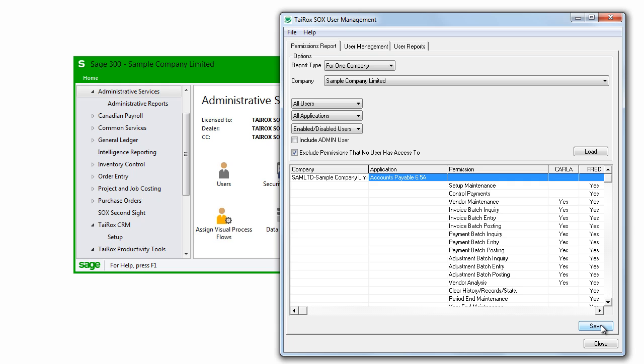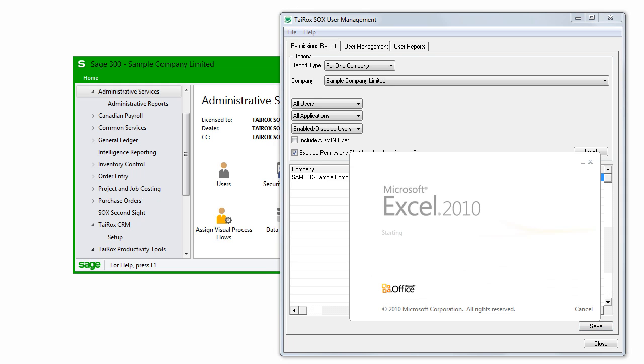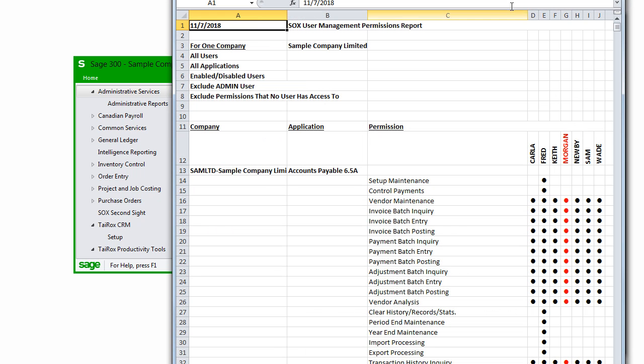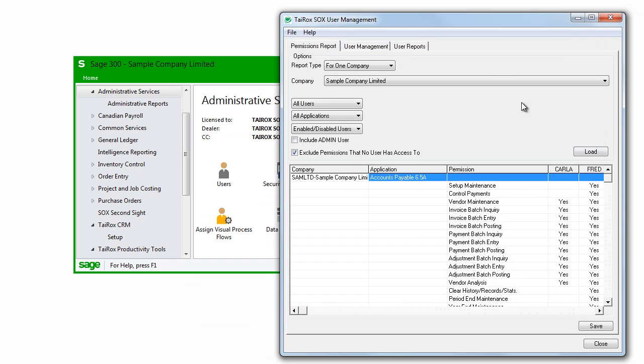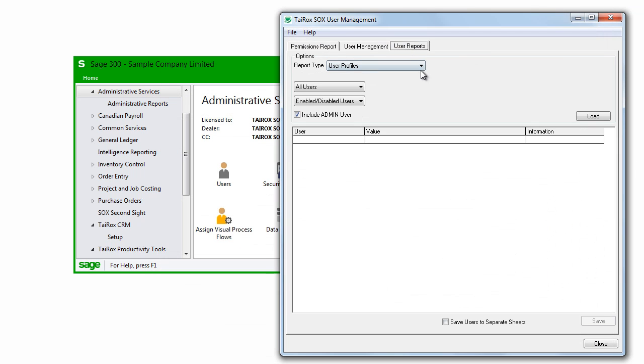This listing can also be saved as an Excel document, so it can form part of the compliance reporting for your company. The user account shown in red has been disabled. SOX User Management also includes a full set of administrative reports for managing users, letting you view user profiles, locked out users, disabled users, and expiring passwords, as well as advanced security settings, users with commonly used passwords, and